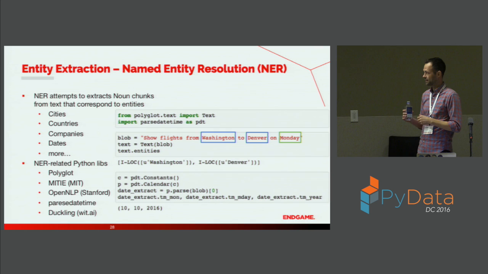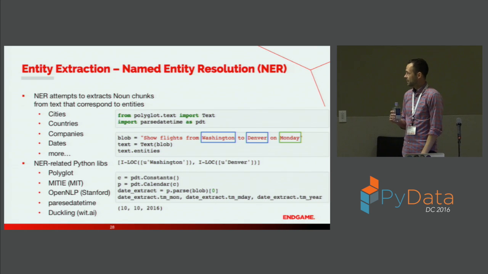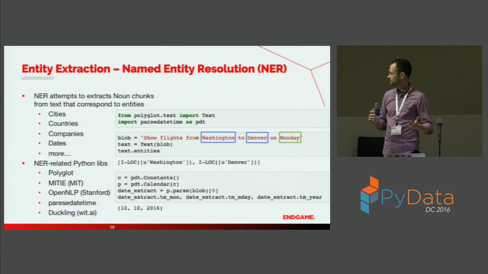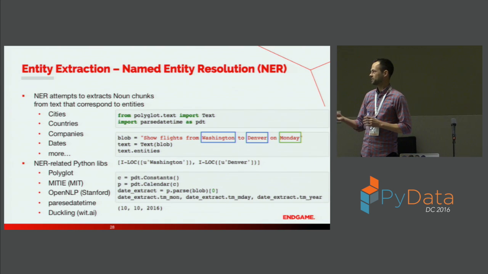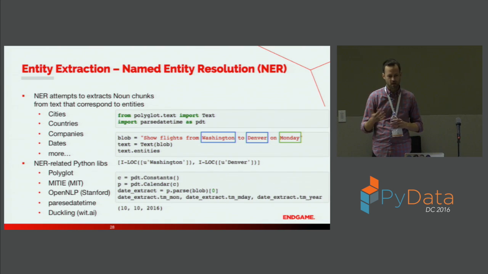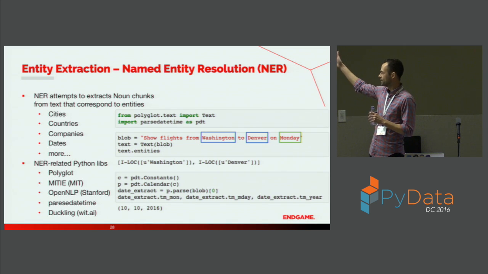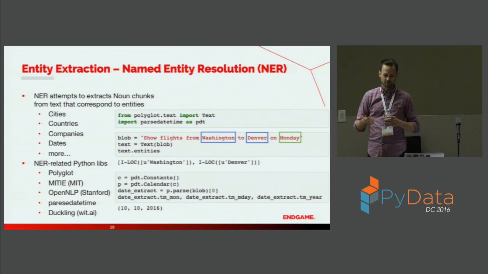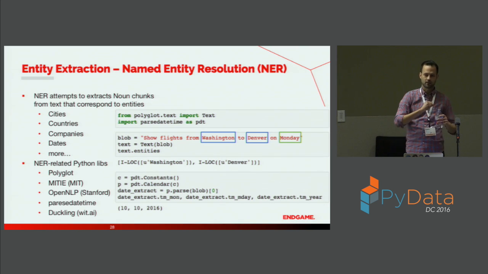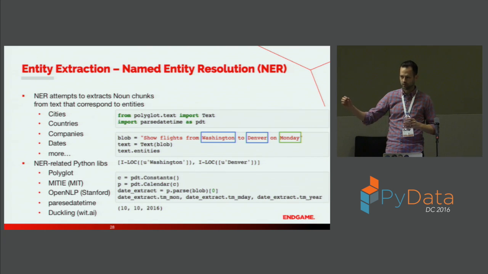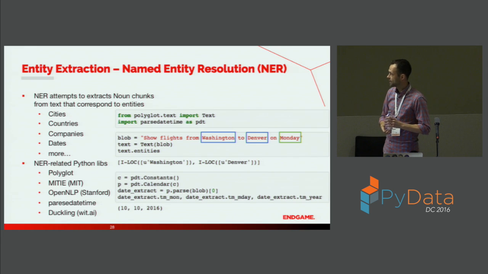Parse datetime is an alternative to named entity resolution, but specifically for dates and times. It's a very clever name. You do the same thing. You basically pass that blob, you parse it, and then you're able to extract things like month, date, hour, whatever. So they're able to interpret Monday and then give back to me, oh, well, based off of the day that he asked that, Monday for me, or my understanding, is October 10th, 2016. So at that point, I have everything that I need. I can go out, reach out into the database, pull down flights, and present that back to the user. And then that is AirfareBot. Feel free to create that at your earliest convenience.